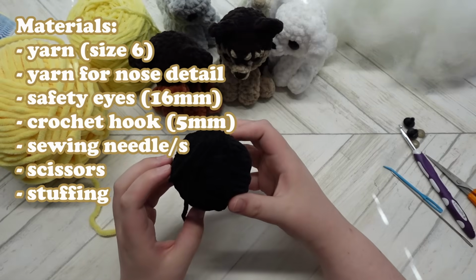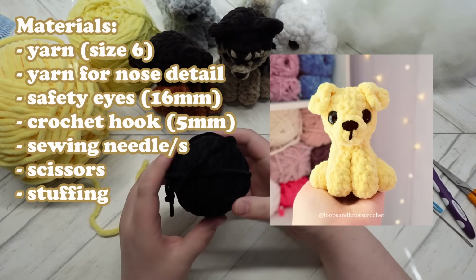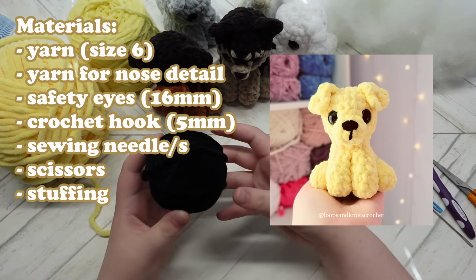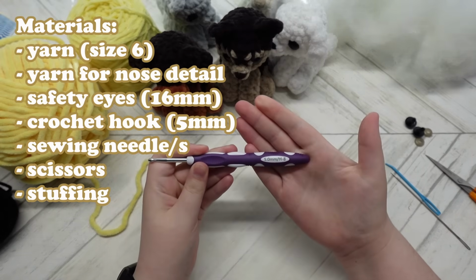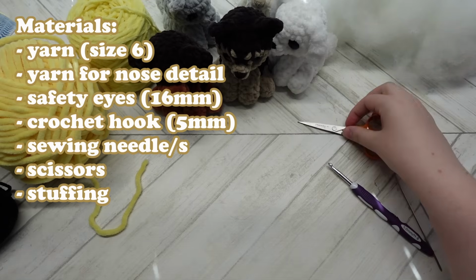You'll also need a secondary color for your nose. I just have this black size 4 yarn, but it doesn't have to be a smaller yarn type. It can be the same size as the yarn you're using for your primary color. I just want to use this black yarn. You also need a crochet hook to go with your yarn. I'm going to be using a 5mm hook, and you'll need a pair of scissors, and you'll need a needle